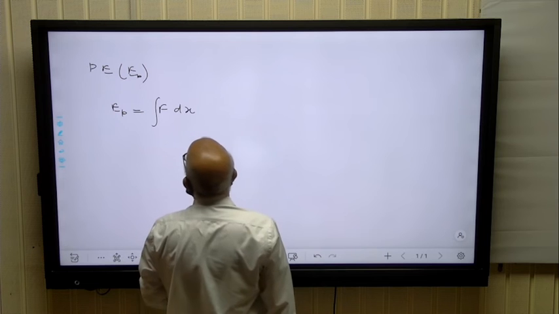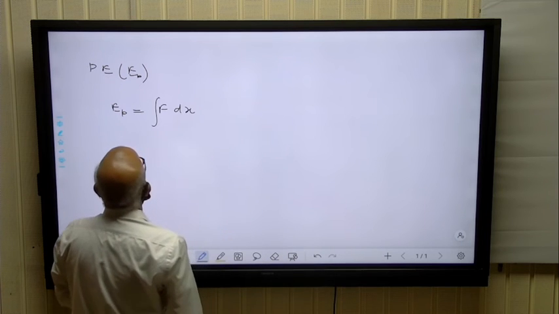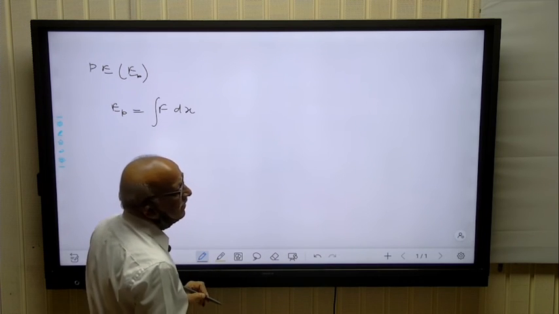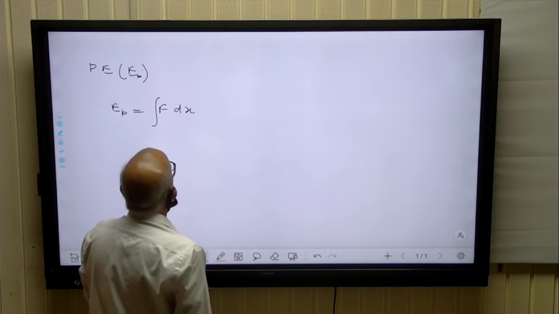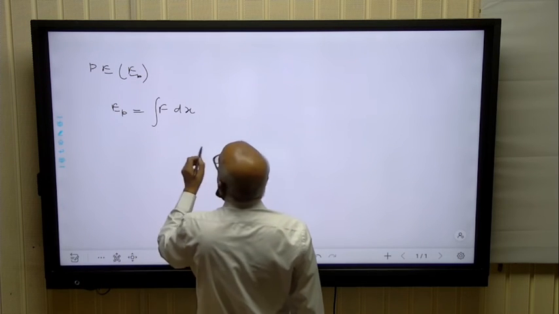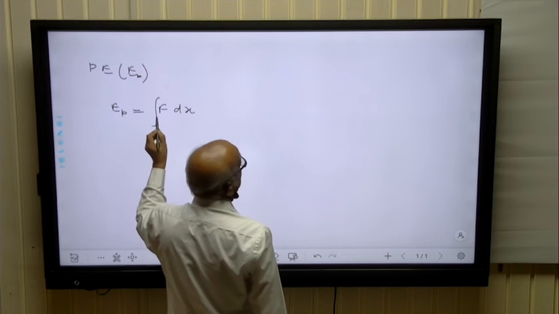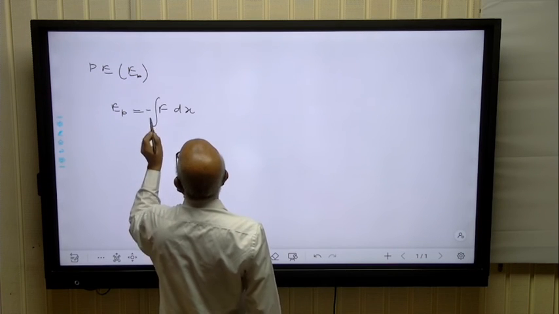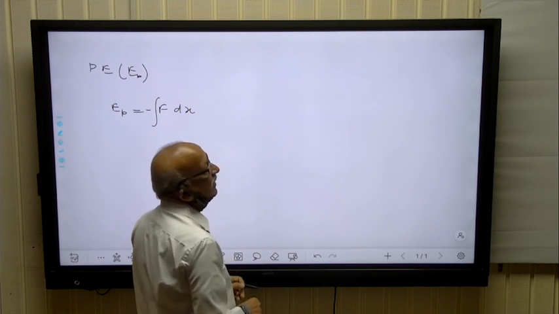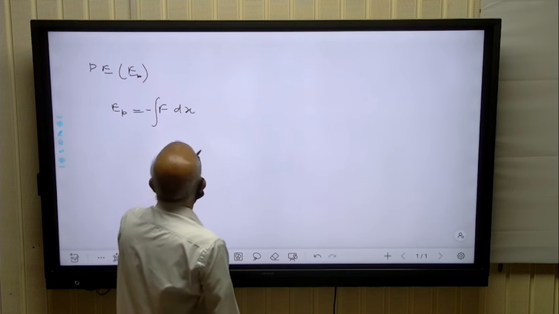I think everyone knows this. Here, should there be a minus sign or not? Yes, it should be, because potential energy is the negative of work done against the force. Therefore, okay. Now,